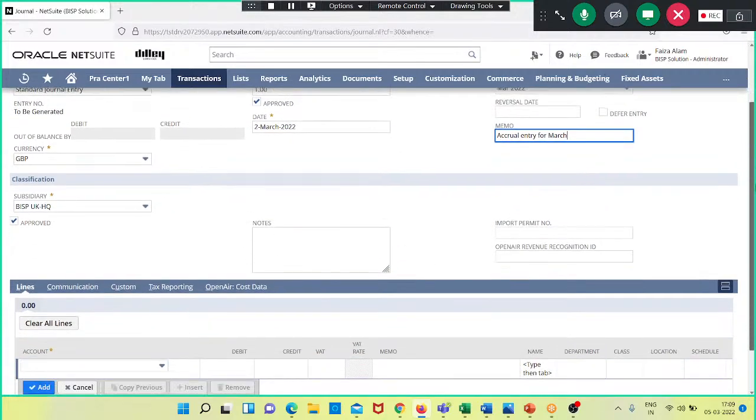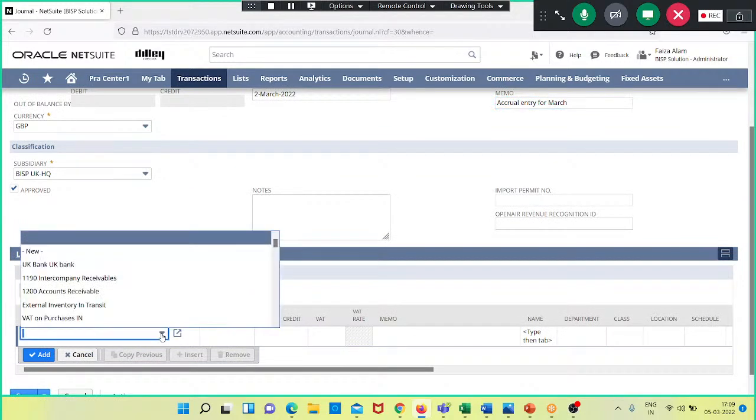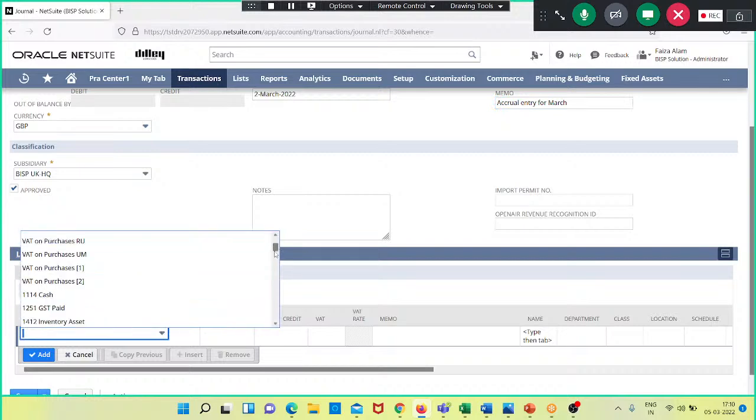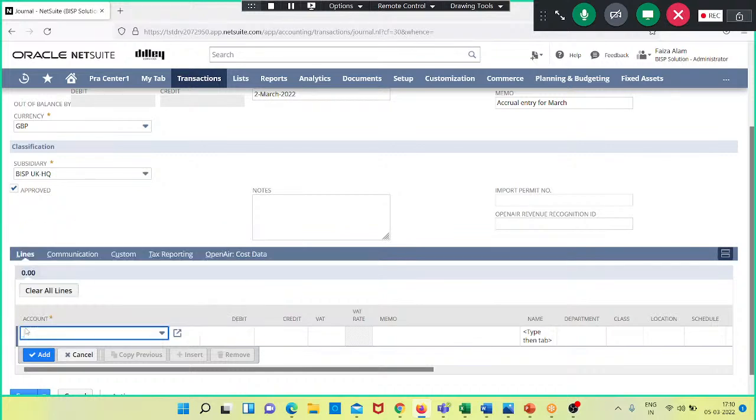If we go down, we have mentioned the memo, which is an important field. Then we select an account, for which we want to pass this journal entry. So I will be taking the cost of goods sold here,